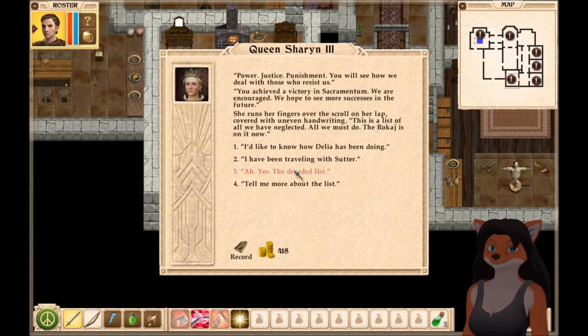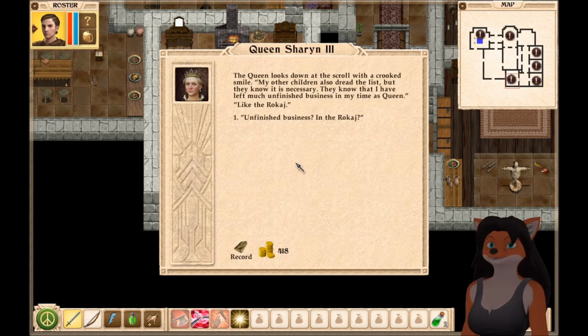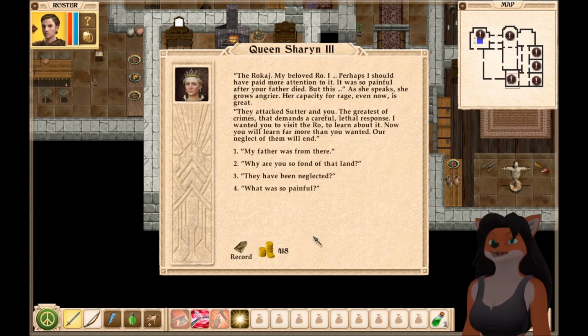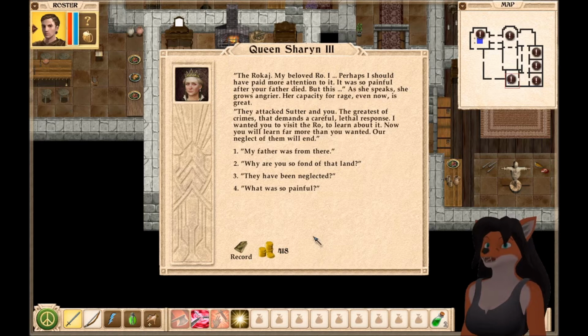Ah, yes, the dreaded list. The Queen looks down at the scroll with a crooked smile. "My other children also dread the list, but they know it is necessary. They know that I have left much unfinished business in my time as Queen, like the Rocage. Unfinished business in the Rocage. The Rocage, my beloved Ro. Perhaps I should have paid more attention to it. It was so painful after your father died, but this..."